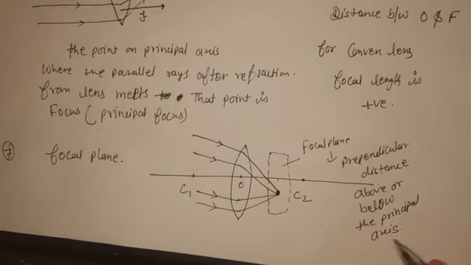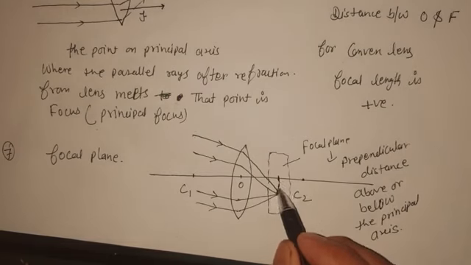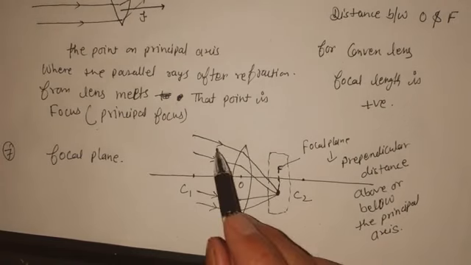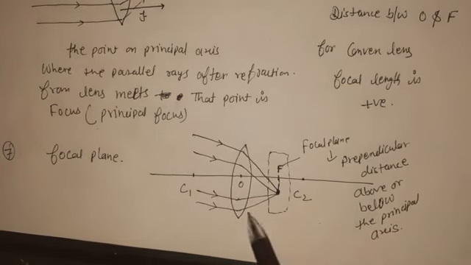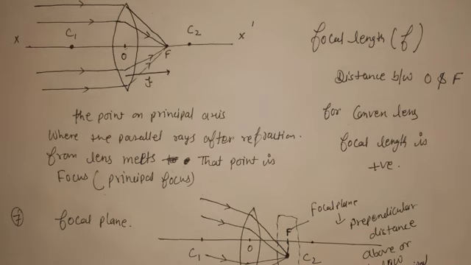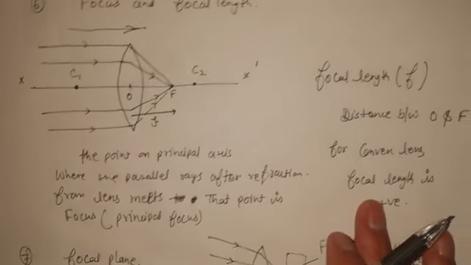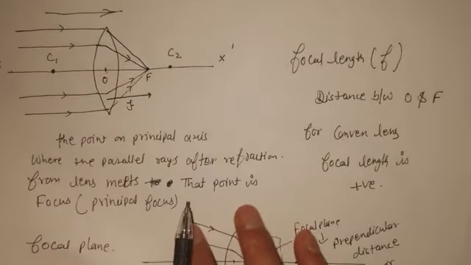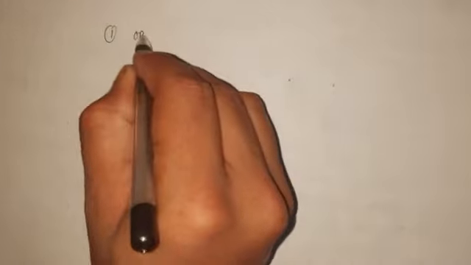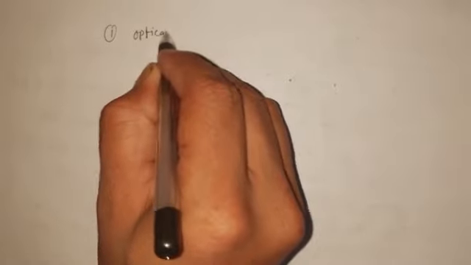Similarly, it is the same for a concave lens. For the concave lens you can just see this one. This was one of the spherical surfaces, having its center C1. This was the second spherical surface, so it is having center C2. Now we are going to arrange them in such a way, so let us bring them together. Thus I have placed them together. Here it is C1, this is C2.